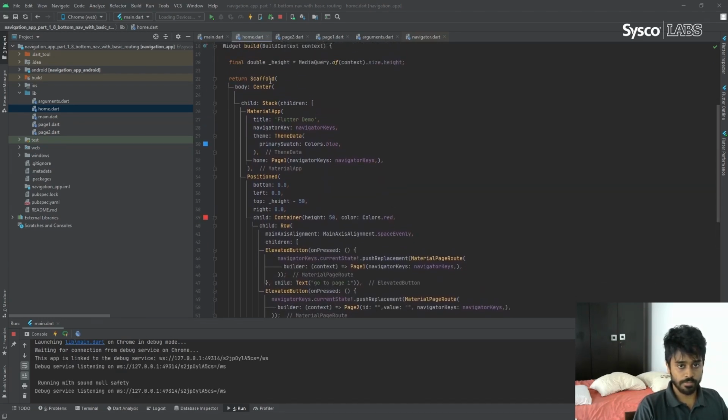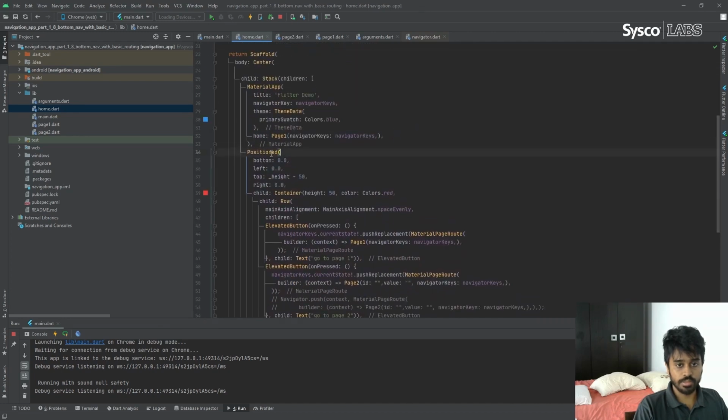In the home page I have the scaffold widget, the center, and then in the stack widget I have a material app and a bottom navigation bar. I have positioned it at the bottom so that you can see the navigation bar there, but it will be on top of this material application because I'm using a stack.